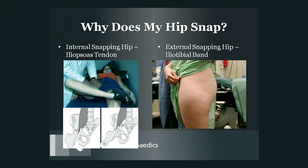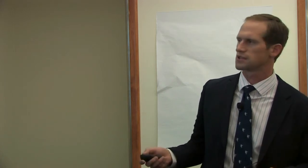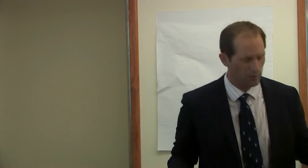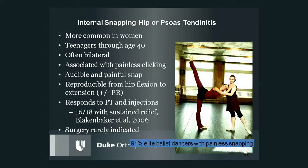and this is the type you can see. So this external snapping hip is when that band, you can feel it on yourself, that kind of tight band of tissue out there, fascia, tendon, will get too tight and it'll snap over that trochanter, and then we say this is the kind you can see. And this is what a lot of people say, my hip's dislocating. Well, hips don't really usually dislocate, very rarely in kids, but not really in adults does that happen unless you have a severe car accident. So this is what it seems like. It's very abrupt, and it's really snapping back and forth. And the video, you'll be able to see it real